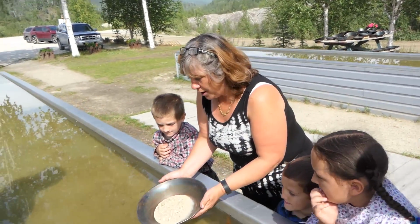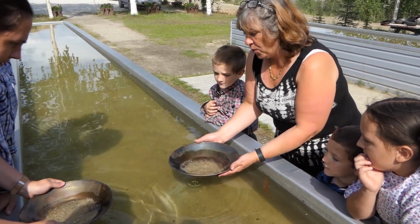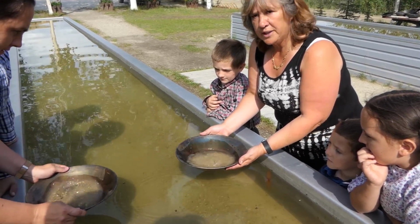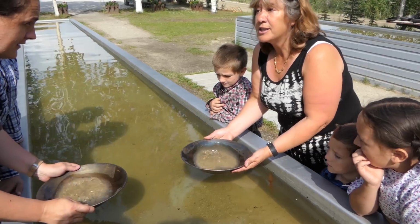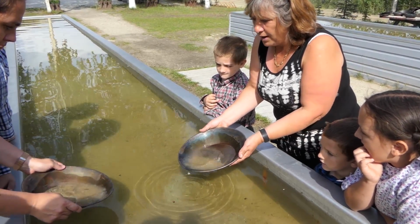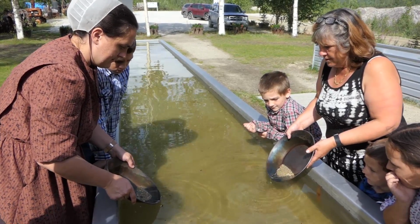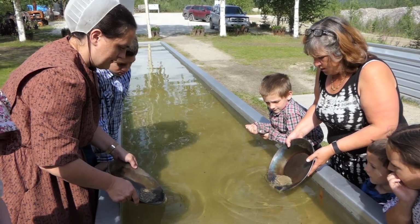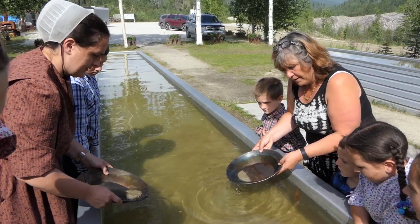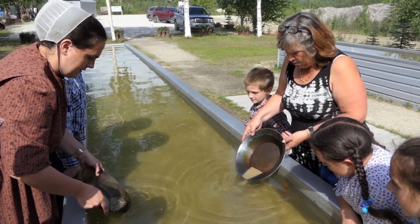Okay, so first thing we're going to do is just fill our pan a little less than half with water. Yep, that's good. Now you want to shake it side to side. You want to get that gravel moving, yeah. Gold is 19 times heavier in water, 6 times heavier in gravel. Now you're going to keep shaking, tilt your pan to me, get all the gravel to the front. Start off and dip. 1, 2, 3, 4. 4 or 5 little shakes, pour it off. 4 more dips. 1, 2, 3,